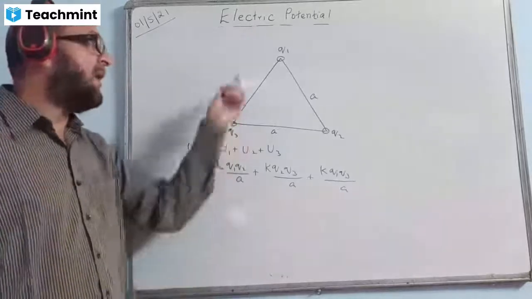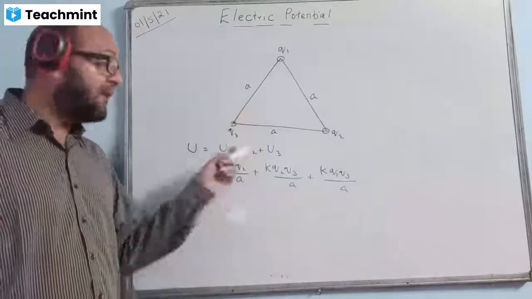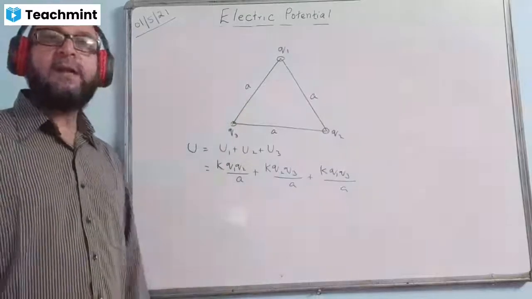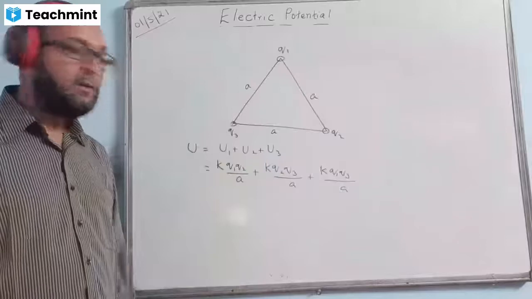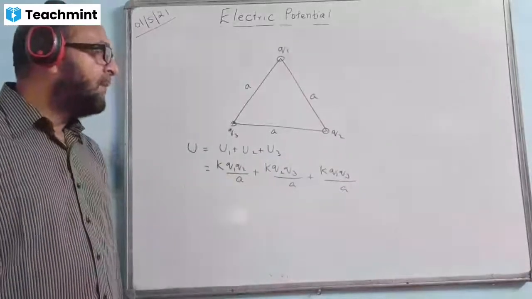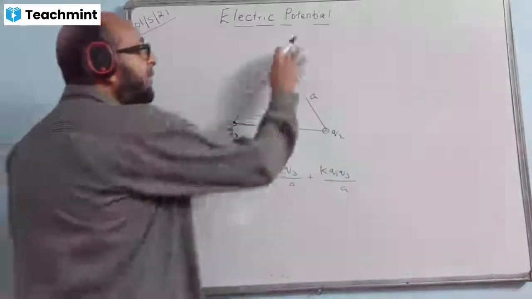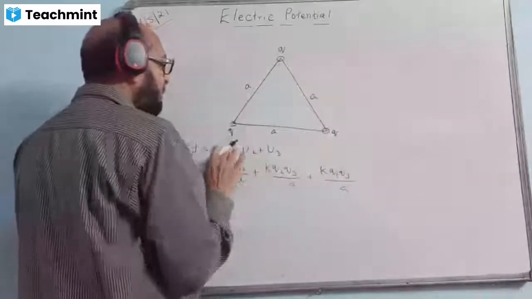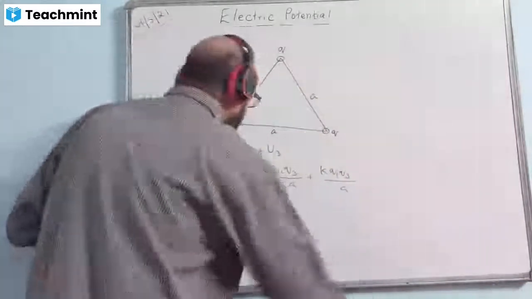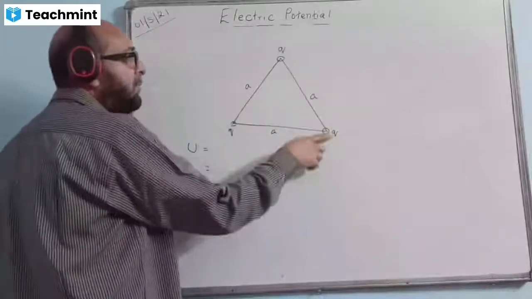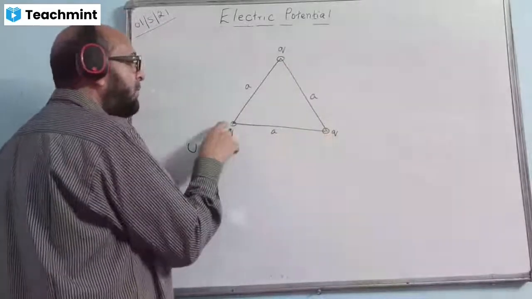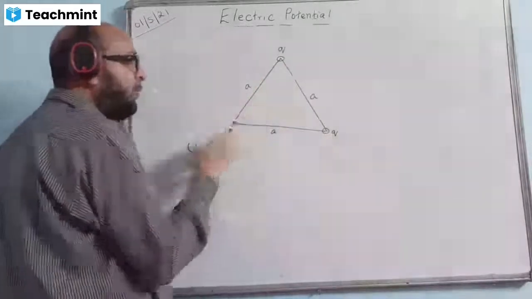So this is a scalar, so we are not taking directions, we have to take the sign of the charge. If all the charges are positive, we'll take a positive sign here. So this is the answer. If all the charges have the same value, like Q here, Q here, Q here, then directly we can get the answer because all the potential energies between them will be equal.